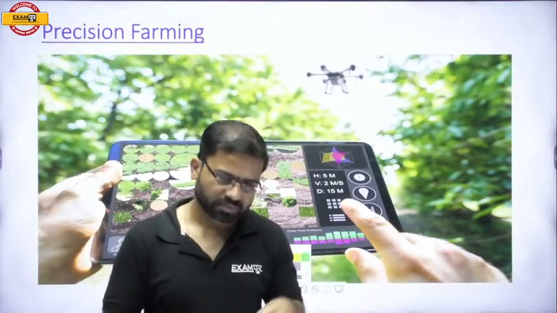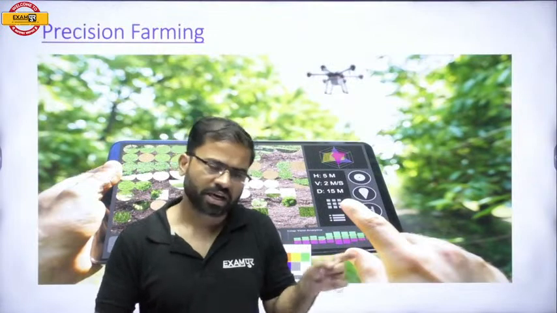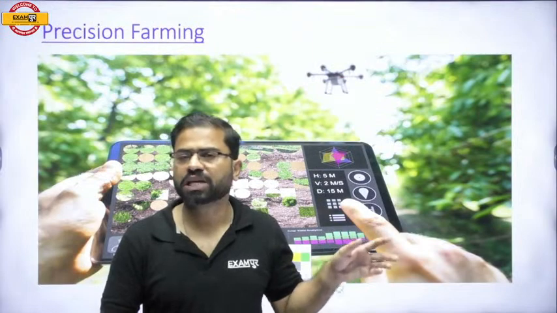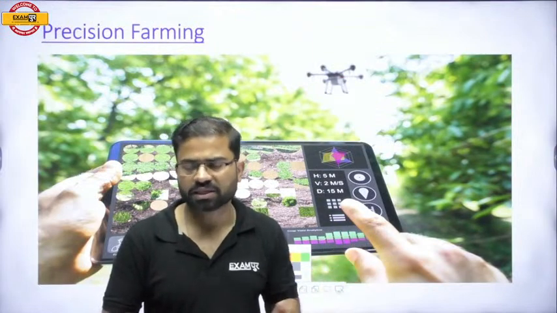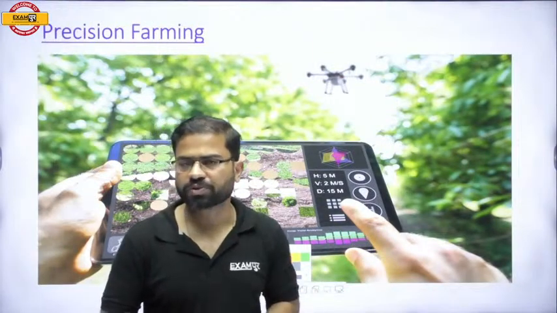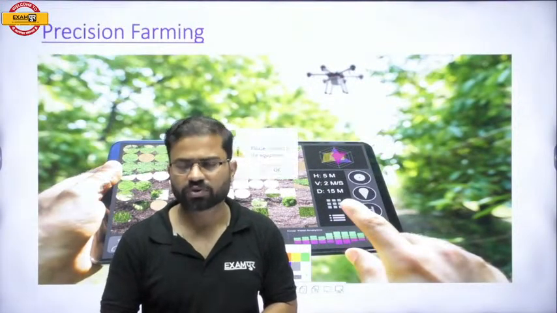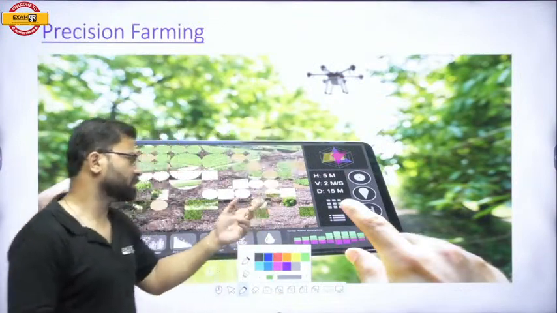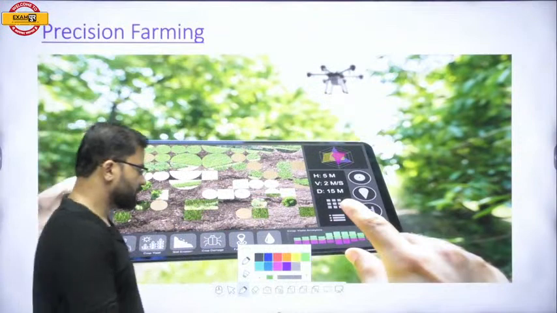Already we have discussed the different applications of drones. Like drones can be utilized for the purpose of irrigation monitoring. Drones can be applied for the purpose of planting. Drone technology can be applied for the purpose of spraying pesticides. Drone technology can be applied for the purpose of monitoring your crops. Even the drone technology can be applied for the purpose of soil analysis. Now, this is the concept of your precision farming.